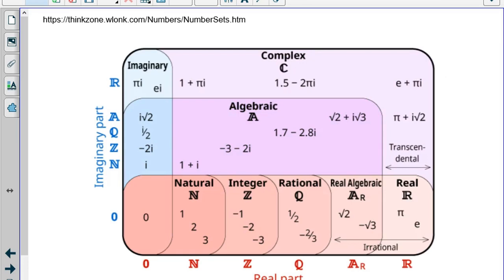Now, here is a bigger picture, and some of this we won't touch on ever, and others of it we'll touch on a little bit later in the year. But we also have what are called imaginary numbers. So, imaginary numbers, that's this over here. Imaginary numbers are anything in this oval,